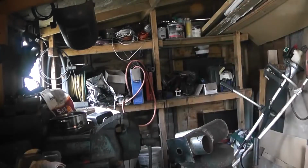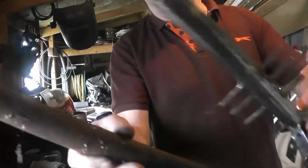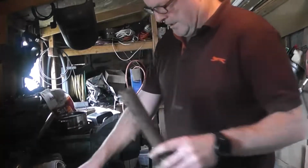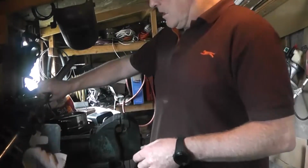Got a bit here. Yeah. What the fuck is that? That's what started off as a bit of rusty shitty pipe, and bits like that, just bang them on, weld them on. End up with this,